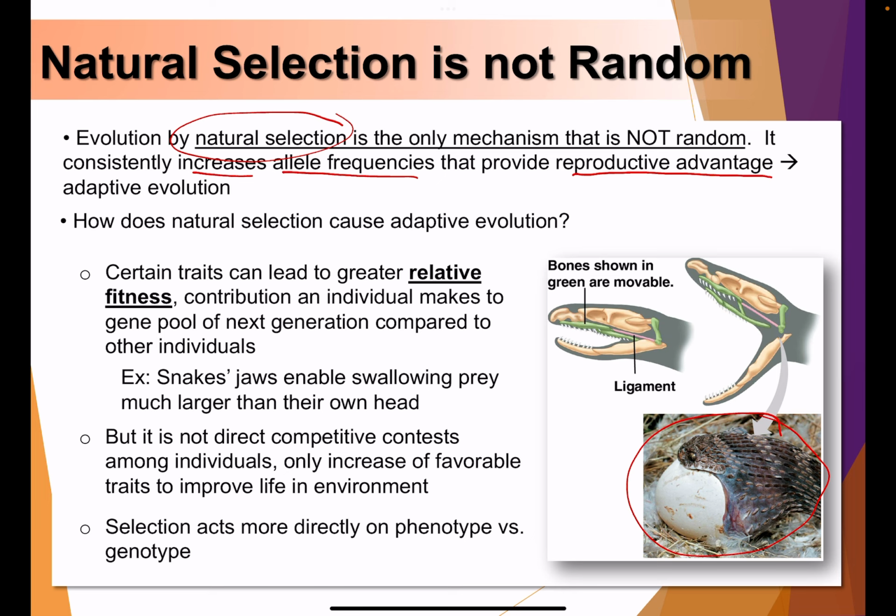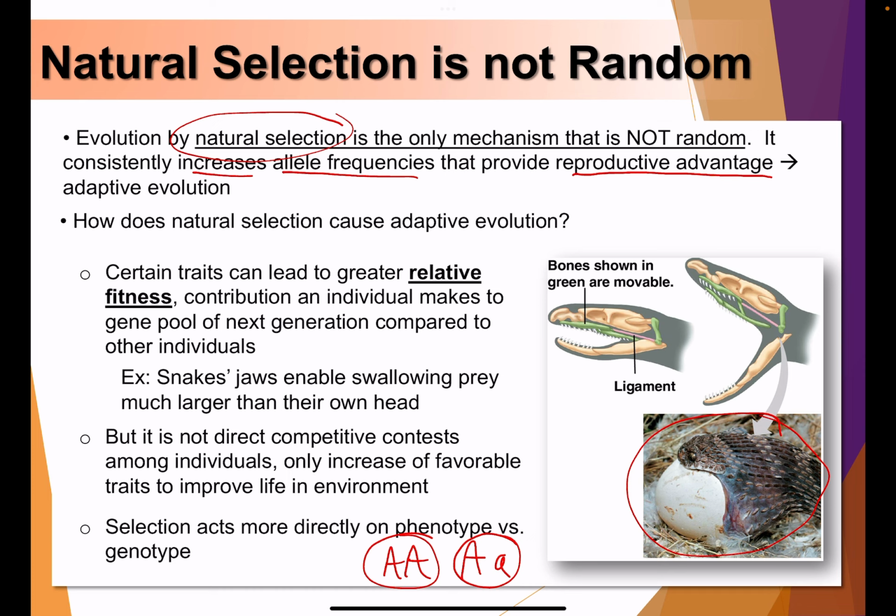And selection actually acts more directly on the phenotype versus the genotype. Why? Because different genotypes can sometimes result in the same phenotype. For example, if we refer back to the homozygous dominant and heterozygous situation, purple flower and white flower, or yellow seeds and green seeds in Mendelian genetics, even though their genotypes are different, if we're talking about heterozygous, their phenotype is still the same. Whether you have, for example, a big A, big A, or a big A, little a, the phenotypes are the same in a purely homozygous recessive situation.